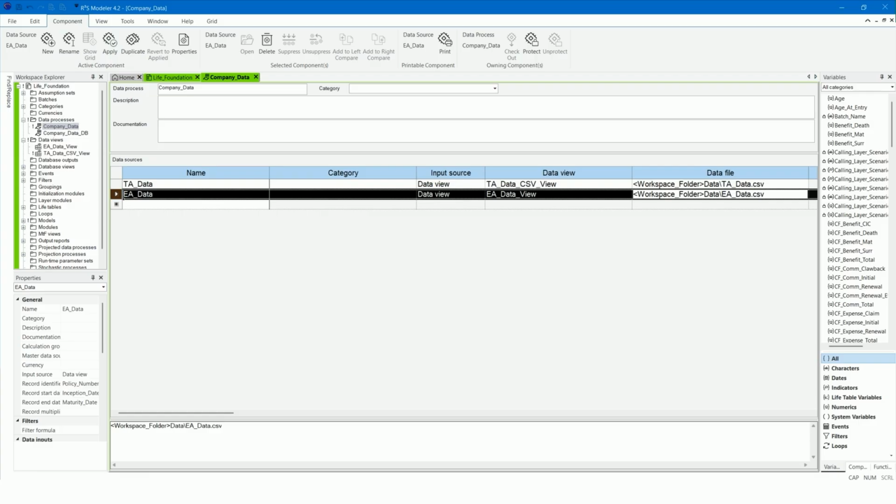Add a new filter to filter for the first term assurance policy in the data file and call it TA_policy_1.